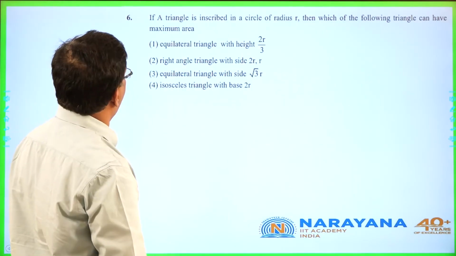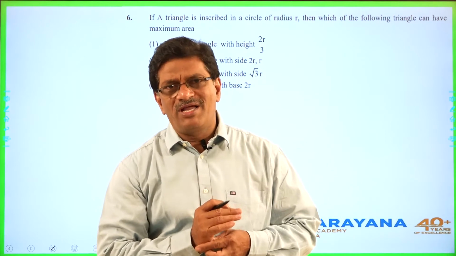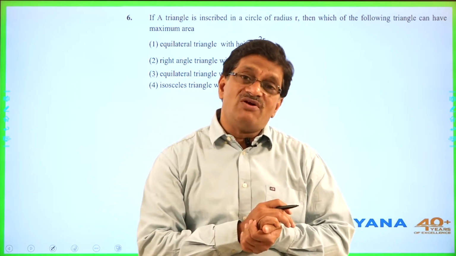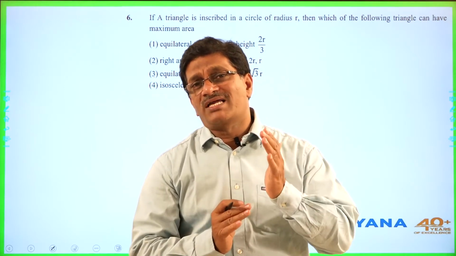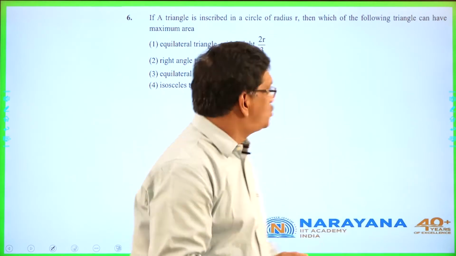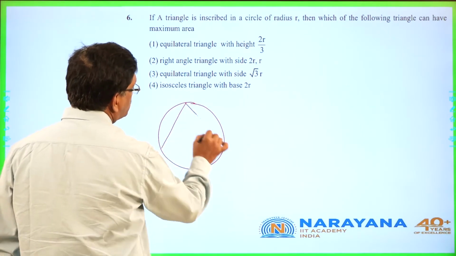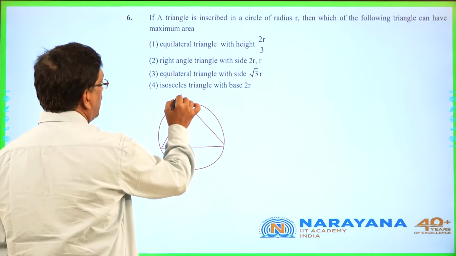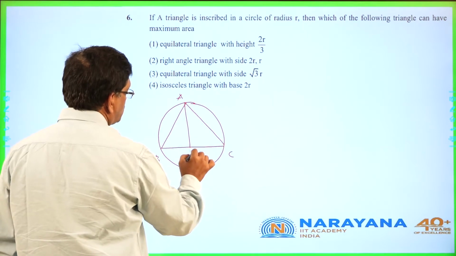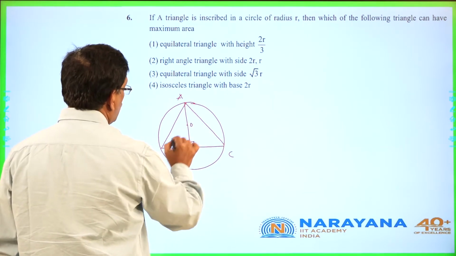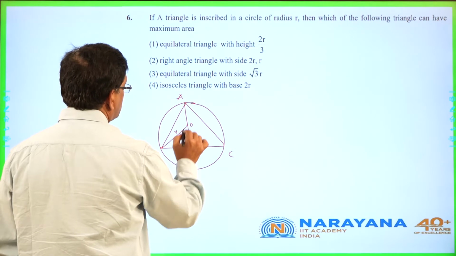Question number 6. It is a general problem, actually a problem related to plane geometry. We know that in application of derivatives also we learned that the triangle of maximum area that can be inscribed in a circle is always an equilateral triangle. So here it is like this. If you inscribe like this A, B, C, right? So this is D, let us call it as O, and this is R, this is 60 degrees, right?